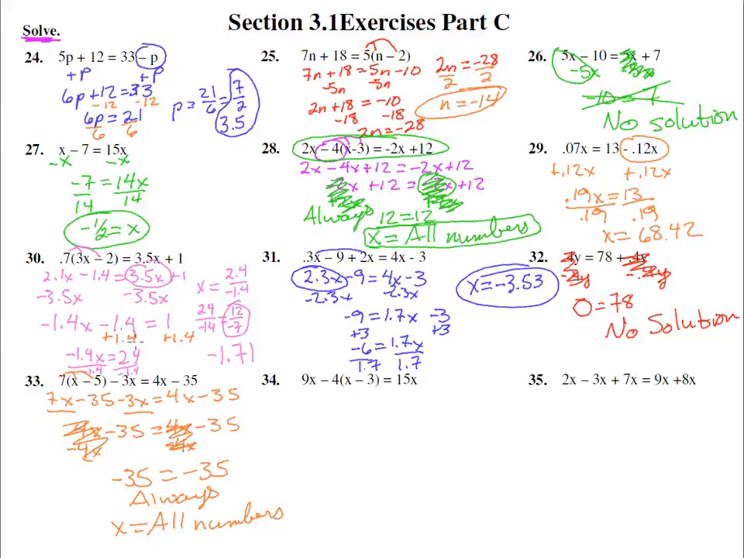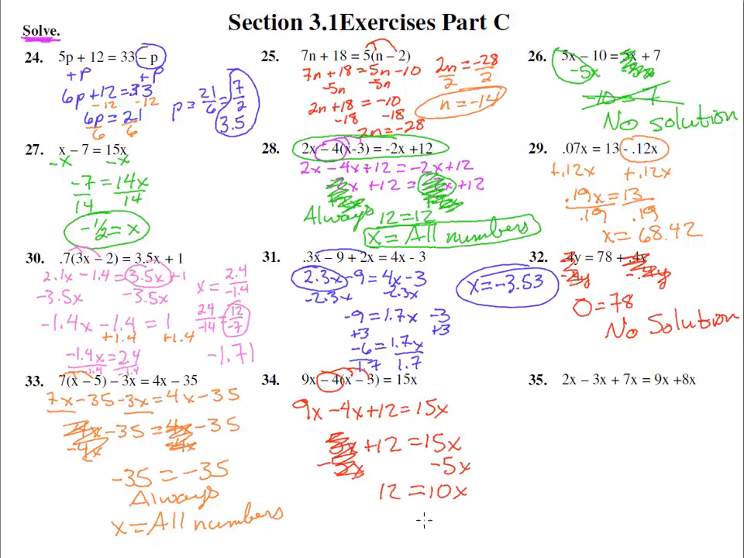Number 34, we've got some parentheses we've got to get rid of here. So let's take that negative 4 and jump it in. We have 9x minus 4x plus a 12 equals 15x. Good. 9x minus 4x, that's 5x plus 12 equals 15x. Now, we could pull this 15x over here, but if you can see, we've only got numbers on the left-hand side, so let's get rid of this 5x off to the right-hand side. So the 5x off of the left-hand side and put it over on the right-hand side,